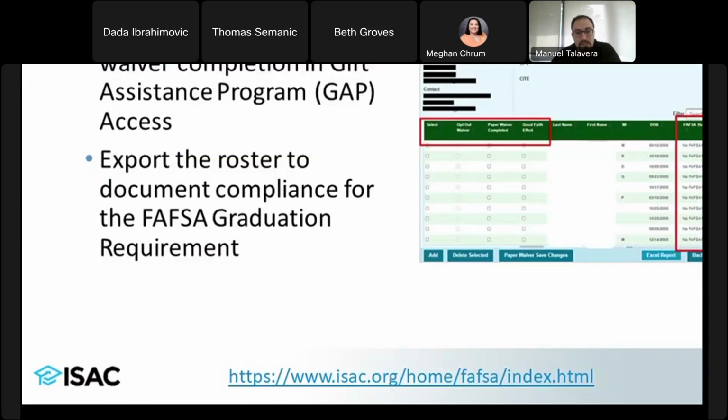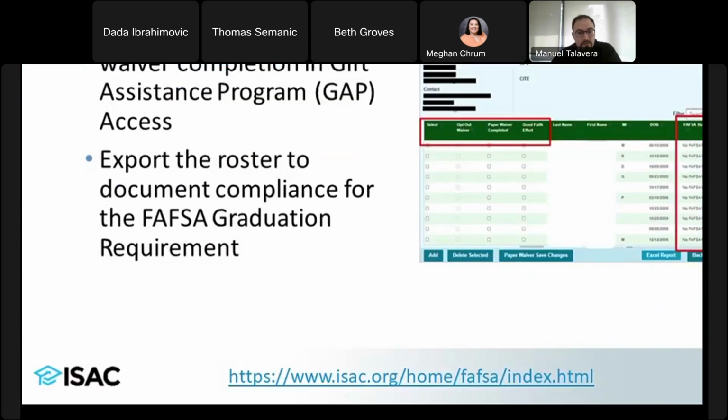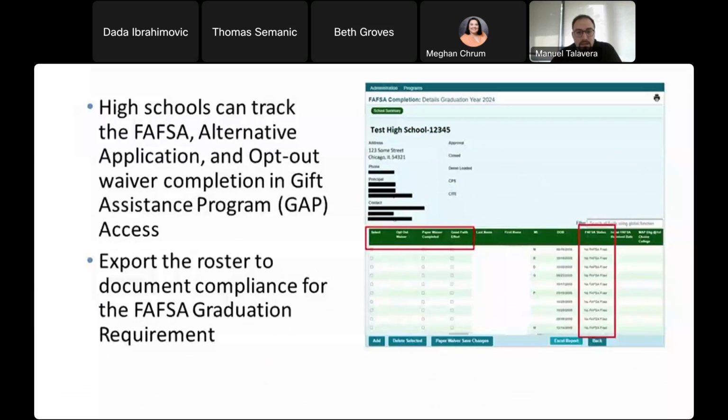The neat thing is you see the select status is for students who, trying to get the control bar to work for me. But the select status is useful for when you're selecting individual students to delete. So keep in mind if you are having to delete multiple students, just do one at a time so that you can avoid accidentally deleting a student that's still in your school.